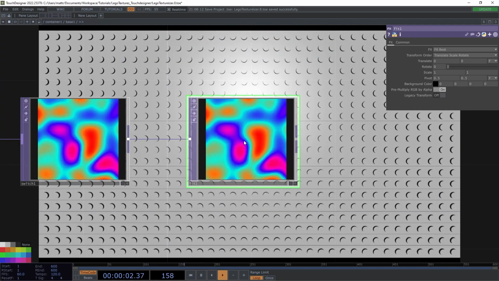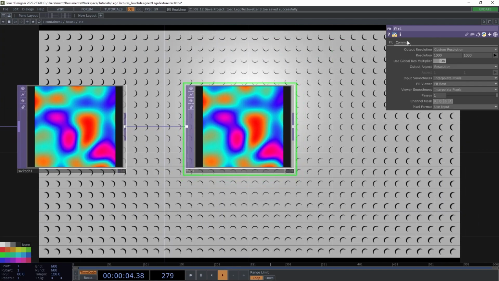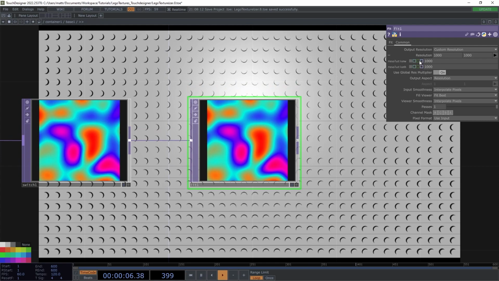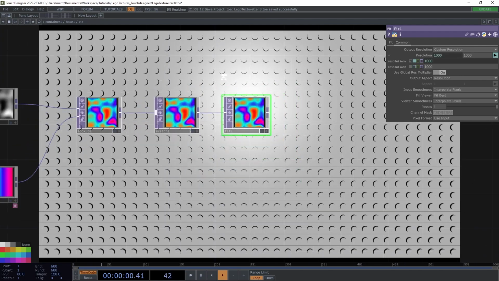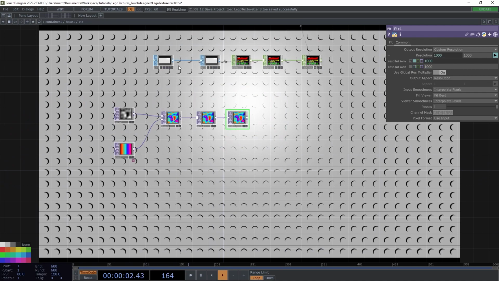We're going to go over here, and in resolution, we're going to want to set the resolution of this fit to match the amount of points in this grid. If you get the step right, if you don't get it right, everything's going to break. So what I'm going to do here is get